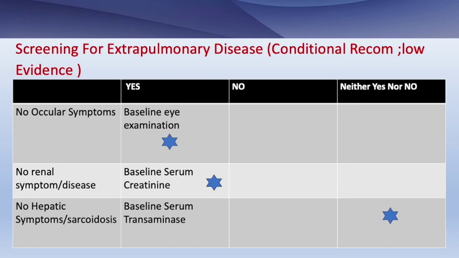So that's really important. Number two, kidney. Kidney involvement is also very, very significant in sarcoid. In fact, renal failure is one of the most dreaded complications or co-occurrences of sarcoidosis, and so a baseline serum creatinine is something that can be easily performed in almost all scenarios. Now you must remember that sarcoidosis can cause compromised kidney function in two ways: either in the form of glomerulonephritis or in the form of interstitial nephritis.